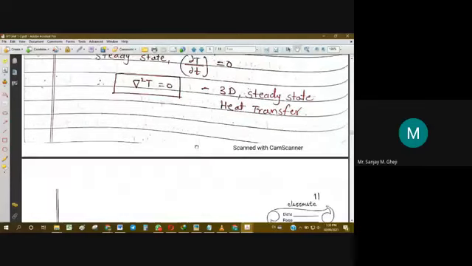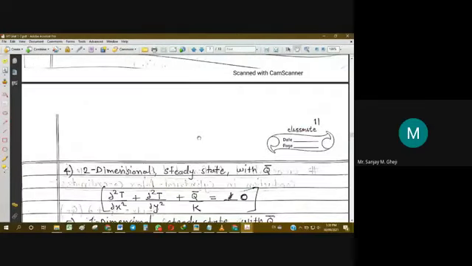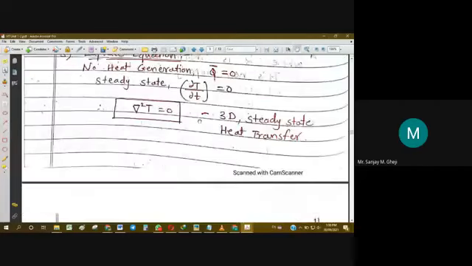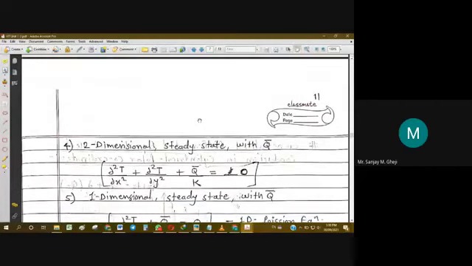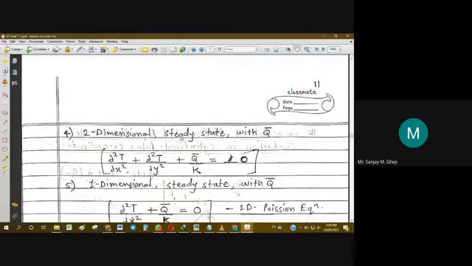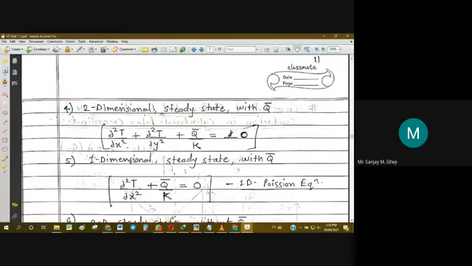Further, so far we saw all the cases in three dimensions. The same equation can be reduced to two-dimensional and one-dimensional heat transfer. In case of two-dimensional, one of the dimensions x, y, z will get cancelled. That means that heat transfer will not take place in that direction. So that term will vanish. So ∂²T/∂x² plus ∂²T/∂y². The z term is not present here, plus q bar by k equal to 0.